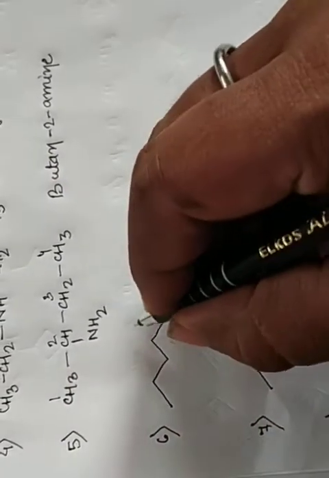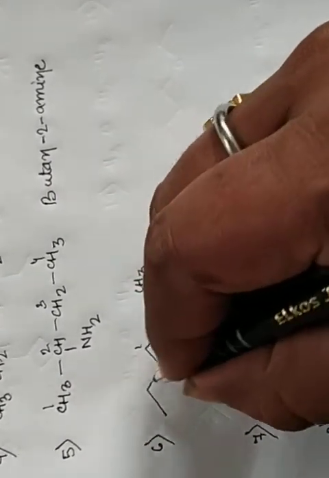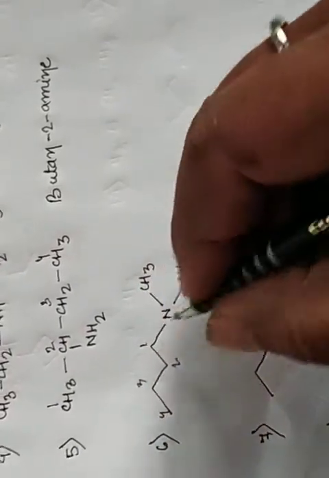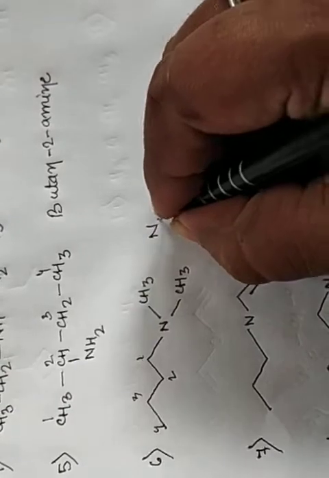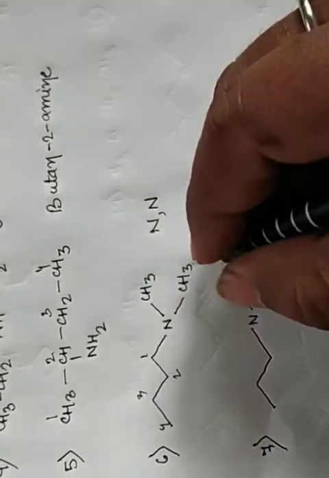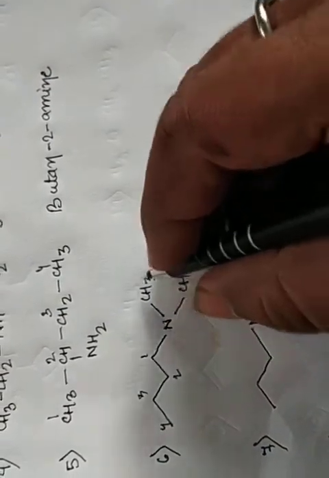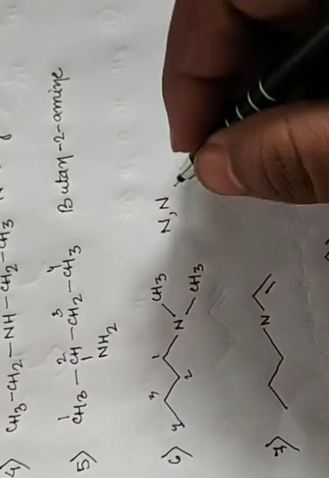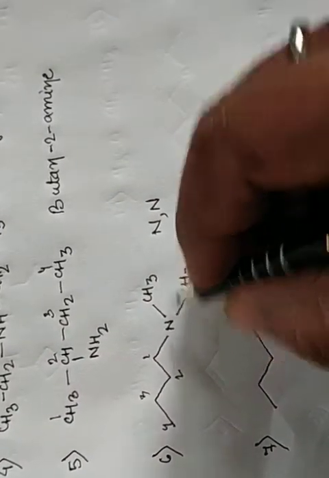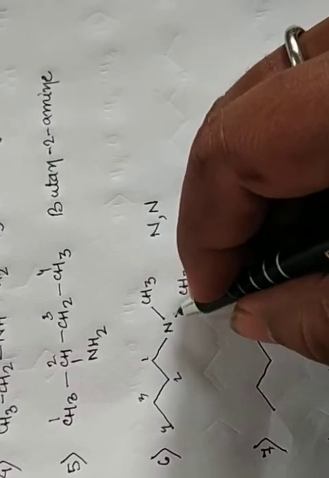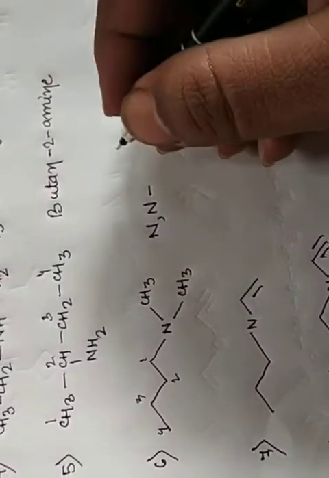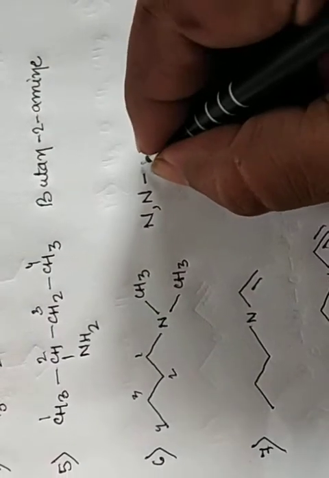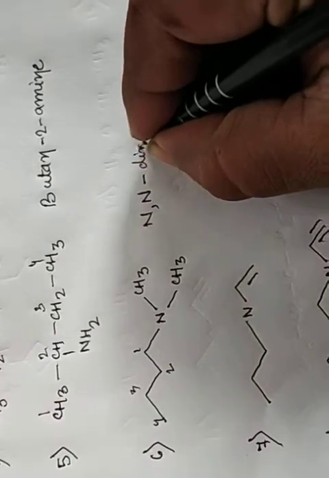So there's a longest chain, so 1, 2, 3, 4. And N contains 2 methyl groups, so you write N comma N. Now suppose there's a carbon, so it means CH3, 1 comma 1, right? So in the case of nitrogen, there's 2 methyl groups, so you write N comma N or N comma N dash. There's 2 methyl groups, 2 methyl groups means dimethyl,